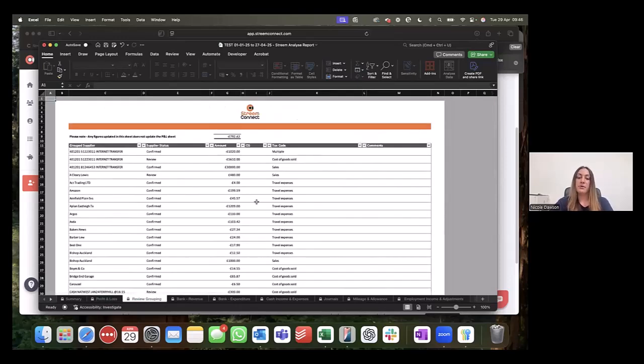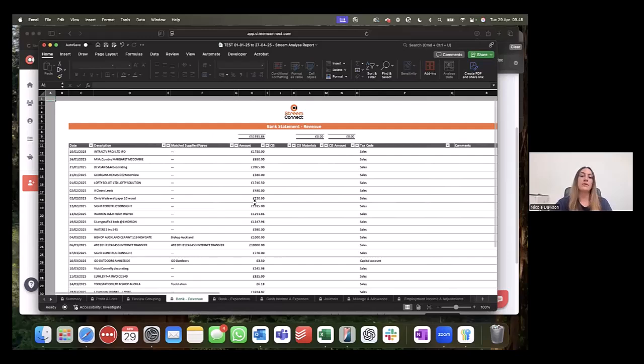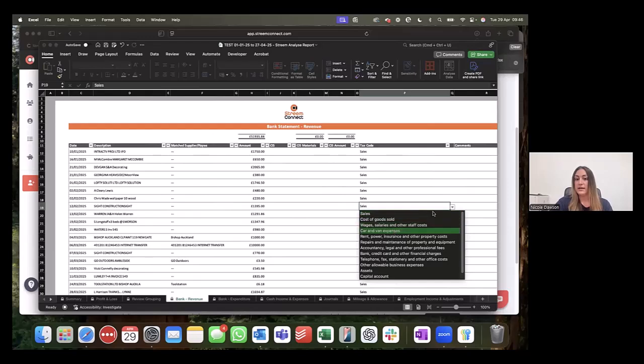So the review grouping page is the page that shows you how you created this Excel on StreemConnect. So you can just refer back to this in case you make any changes across the other tabs. You can refer back and just confirm that what you have changed is correct. So this is the revenue page here. And as you can see, all the tax codes are pulled through. But say, for example, this one here, you can see that's sales and you want to change that. You can always just click